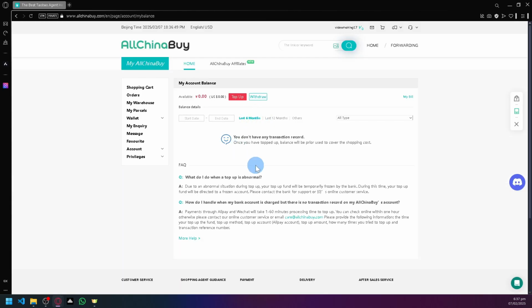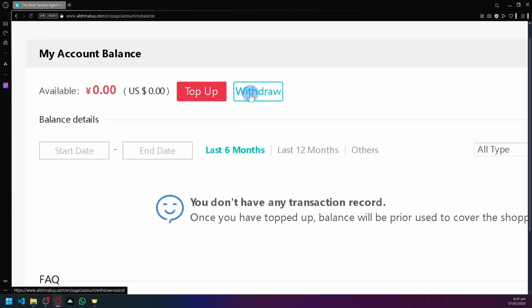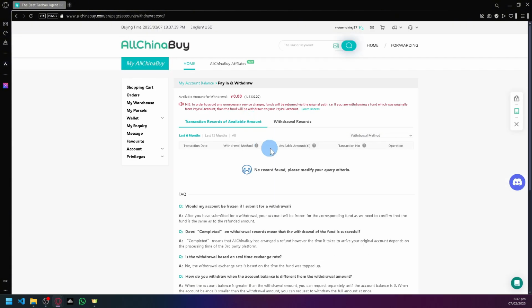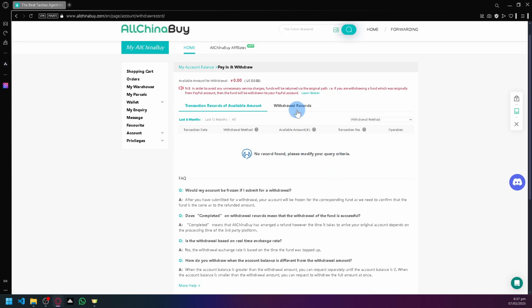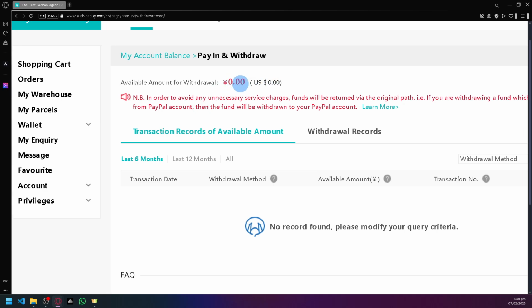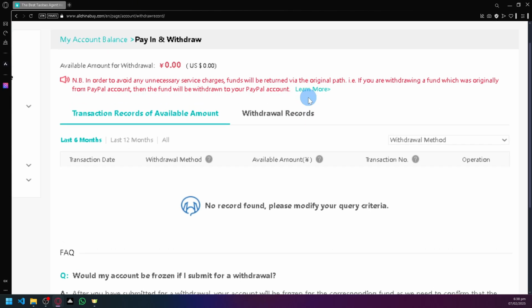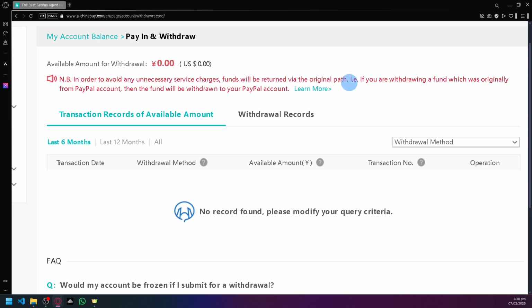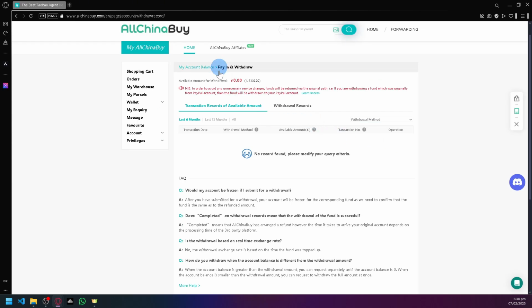Now the way Allchinabuy works is that you're going to top up money into your balance over here, or your wallet, so that you could purchase different items from Allchinabuy. But if you want to withdraw, you will notice here that there is an option called withdraw. So if you simply click on withdraw, you should be able to check out here the available amount of withdrawal, or amount of stuff that you will be able to withdraw. And as you can see here, the funds will be returned via the original path. So simply click on that and you should be able to withdraw your money from